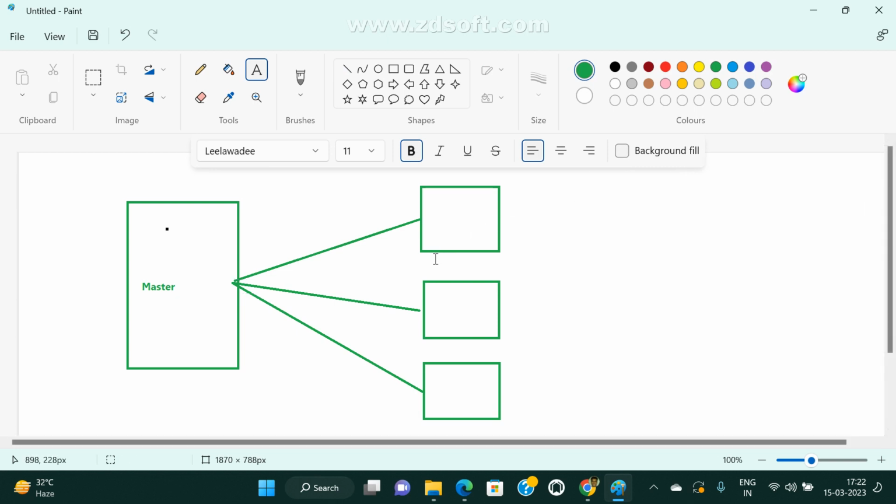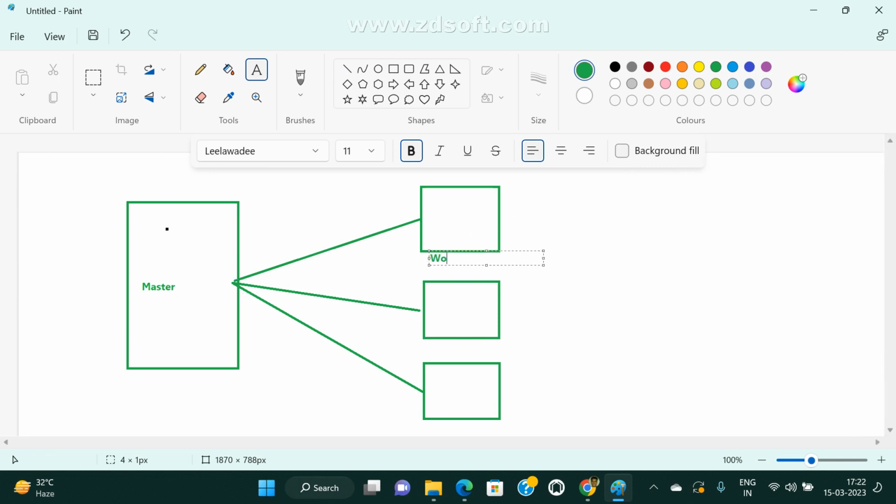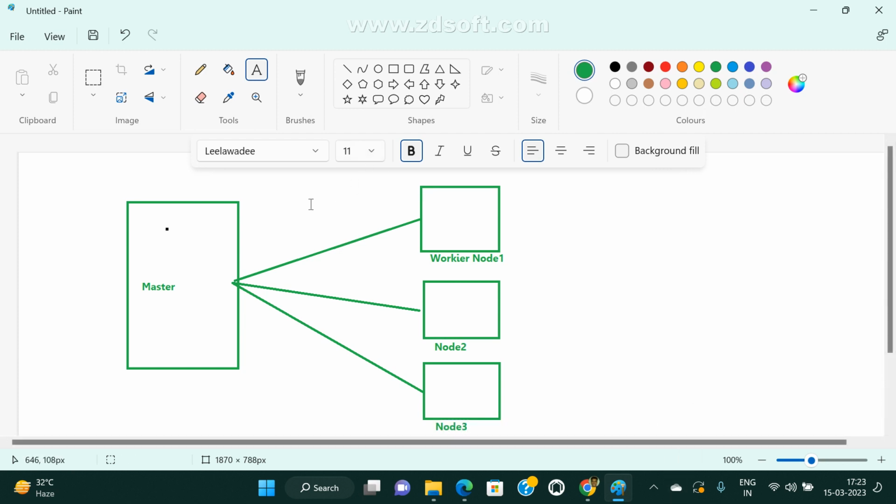This is worker node 1, this is worker node 2, and this is worker node 3. Now here I deployed many applications.